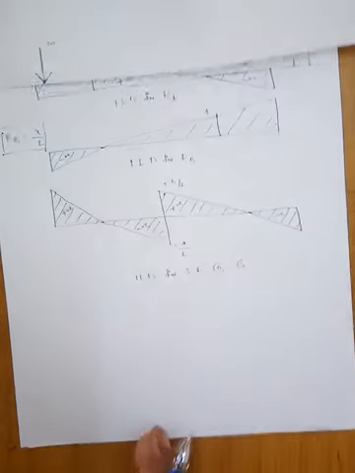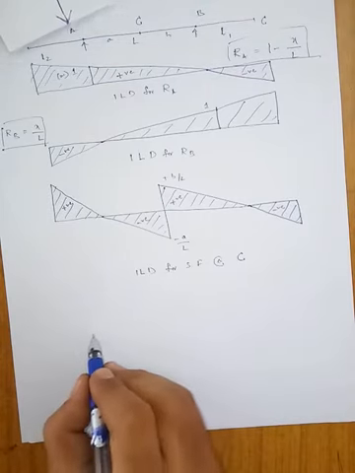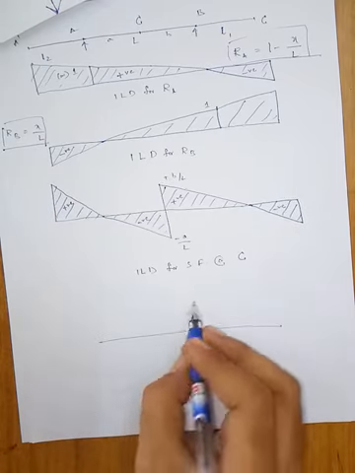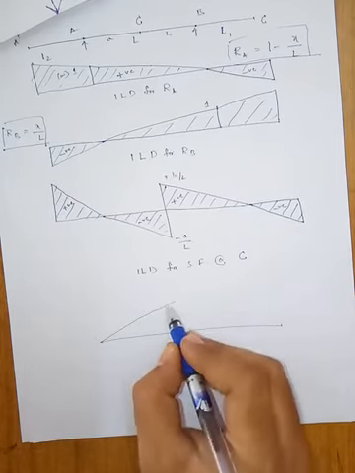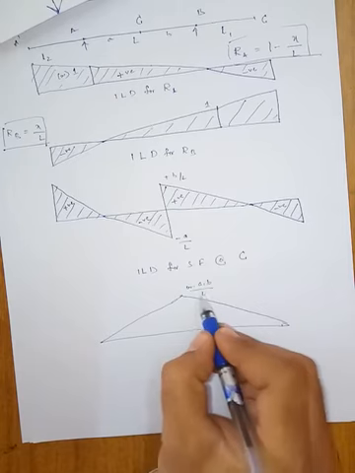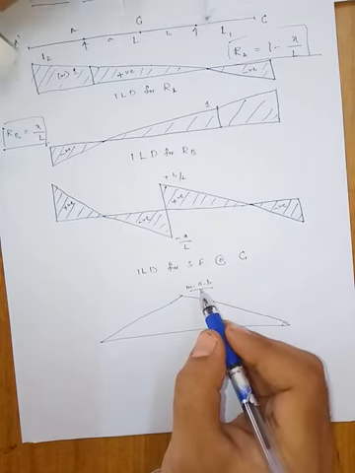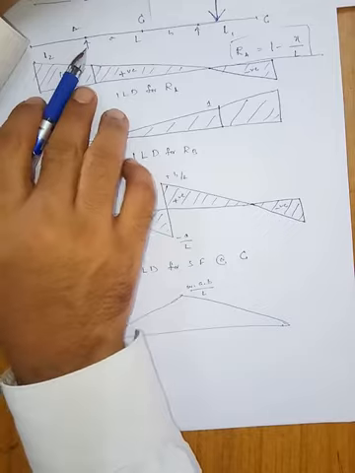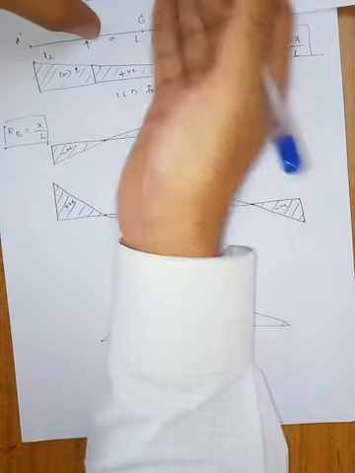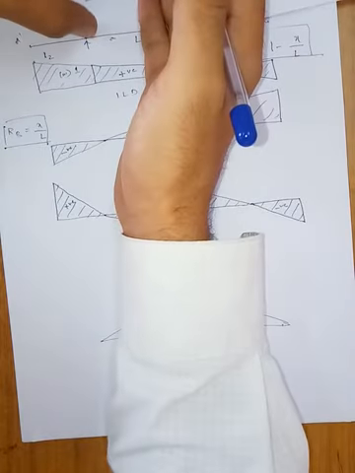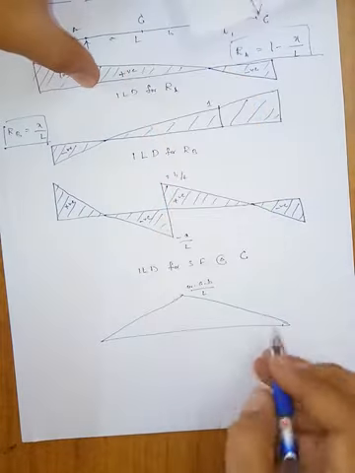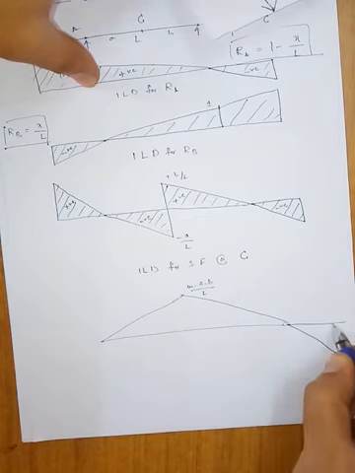Now coming to the bending moment diagram. What is bending moment? It is nothing but the summation of the moments of all the forces causing rotation. We had the bending moment at C as W into a into b upon L. Similarly here also, if the load moves beyond B, what happens? This becomes negative. Moment is nothing but force into distance. Earlier it was positive, here it becomes negative. When the force moves beyond B, RA becomes negative. When RA is negative, negative into distance gives negative. Here the moment is on the negative side.